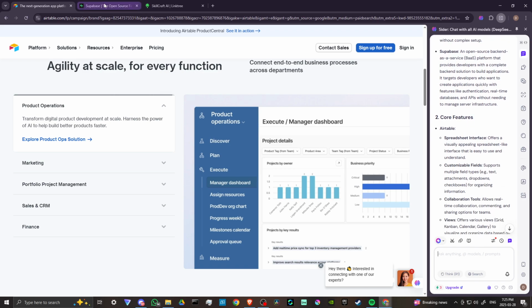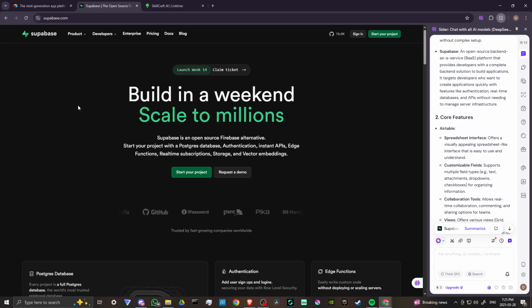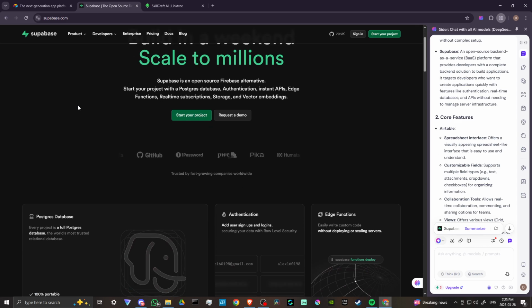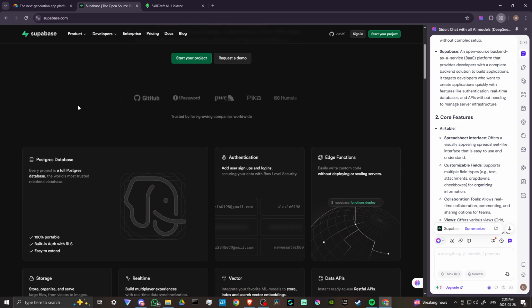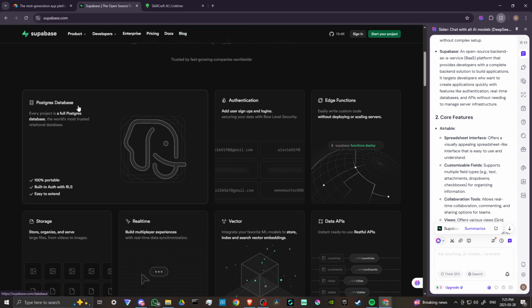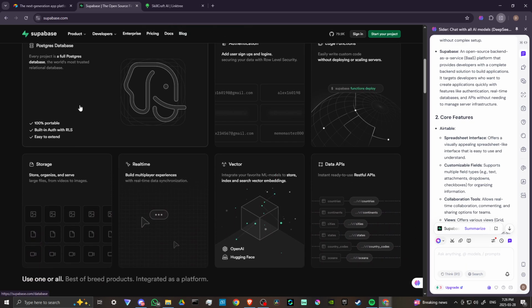Supabase, on the other hand, is an open source backend as a service platform that provides developers with a complete backend solution to build applications. It targets developers who want to create applications quickly with features like authentication, real-time databases, and APIs without needing to